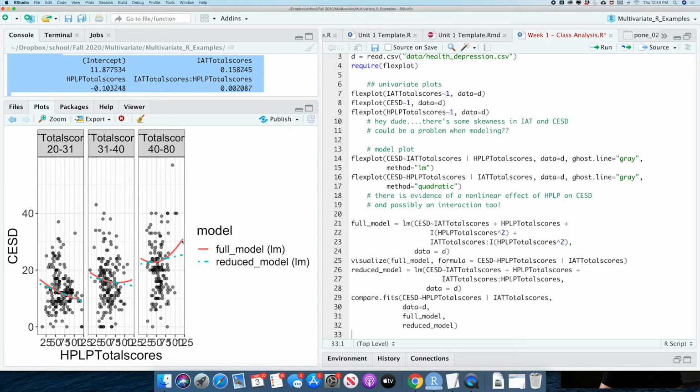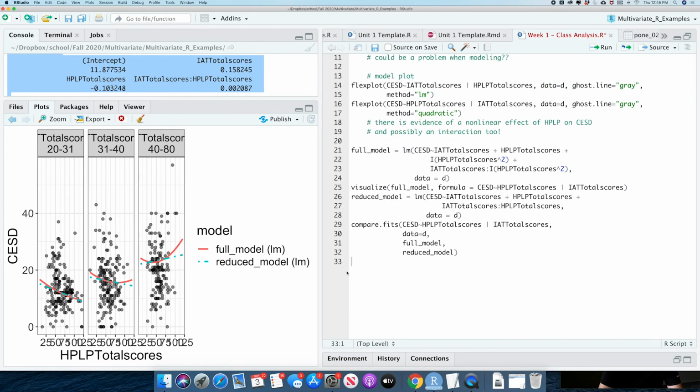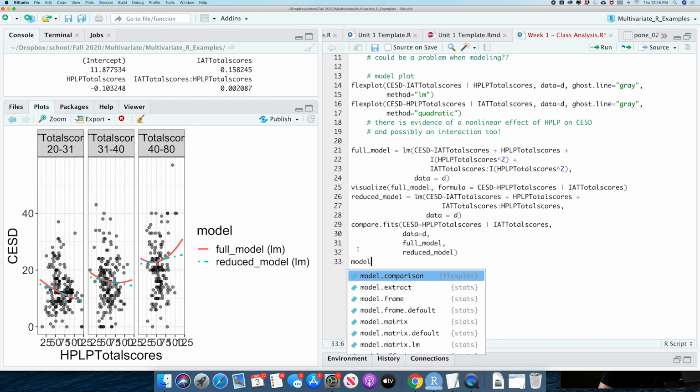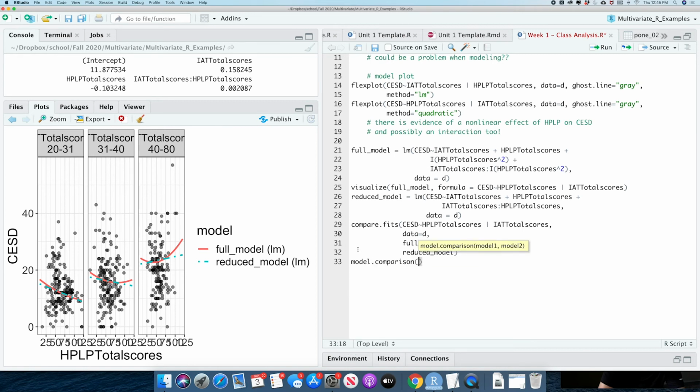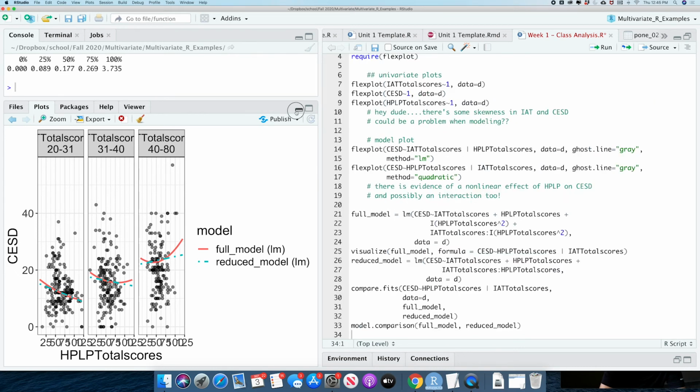So that could mean that our polynomial model was actually trying to fit some outliers, and the only reason that bends upward is because of that outlier. Or it could not be, and this is a little bit ambiguous, and again, this is where statistics come in. So we got a visual that compares them directly, which is nice and helpful, and I'm inclined to say those are really similar predictions. So let's go ahead and do model dot comparison, and this is another flexplot function, and it just takes two arguments. So we'll go full underscore model and then reduced underscore model, and if we run that, we can minimize the plot now,